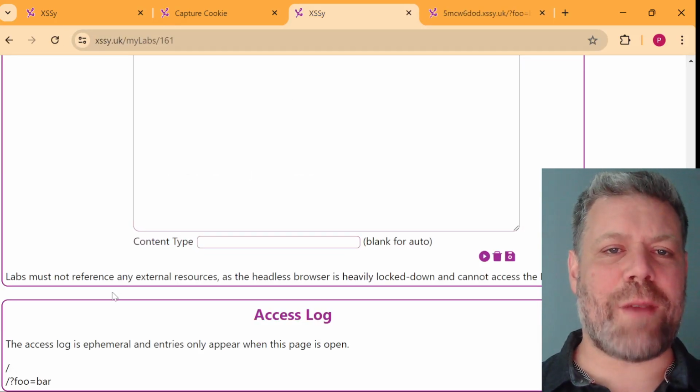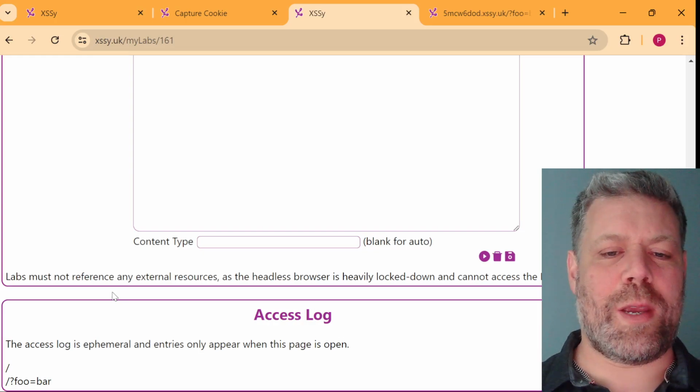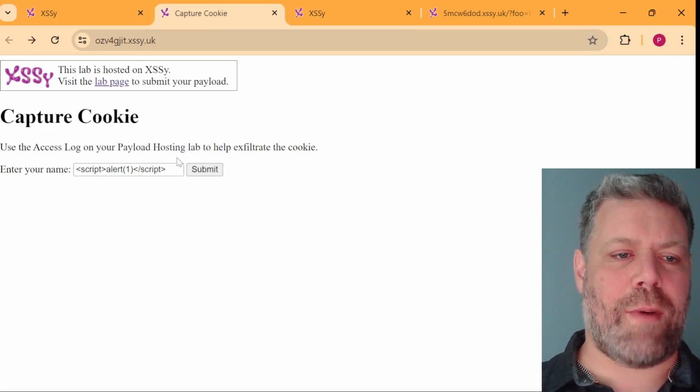And this is going to be useful for exfiltrating the cookie, because if we can cause the victim's browser to access a URL on here, we can extract some data. Okay, so let's go back to our lab,